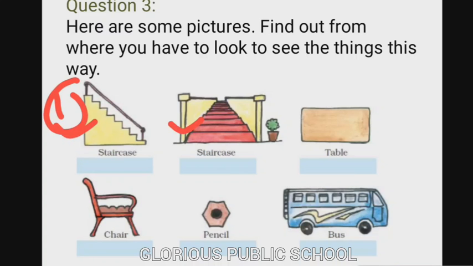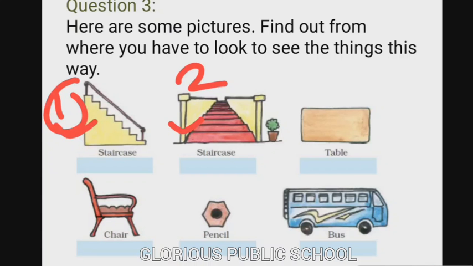Top view, side view or front view? Yes, side view. Now the second picture of the staircase, from which view? Side view is cancelled. Now there are two views, top view and front view. So which view? Yes, front view is this.